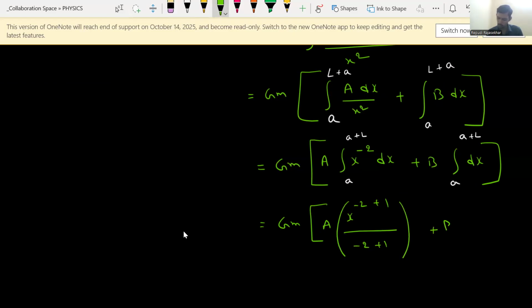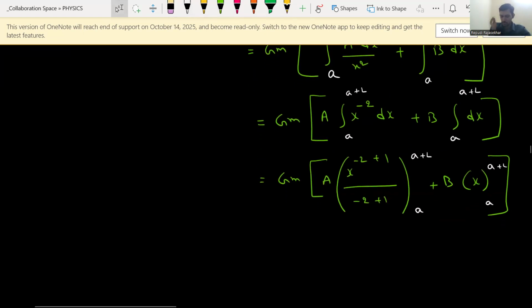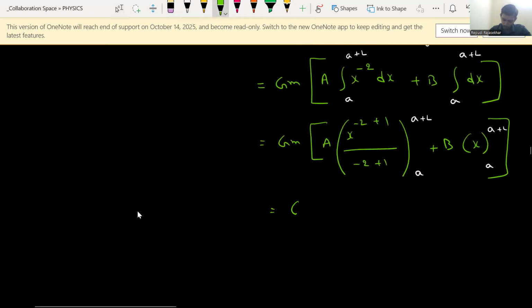Plus b is a constant, integration of dx is nothing but x. So limits are same. Limits we need to apply now. A to a plus l is also a to a plus l. Next equation is, so GM a, this everything I write like